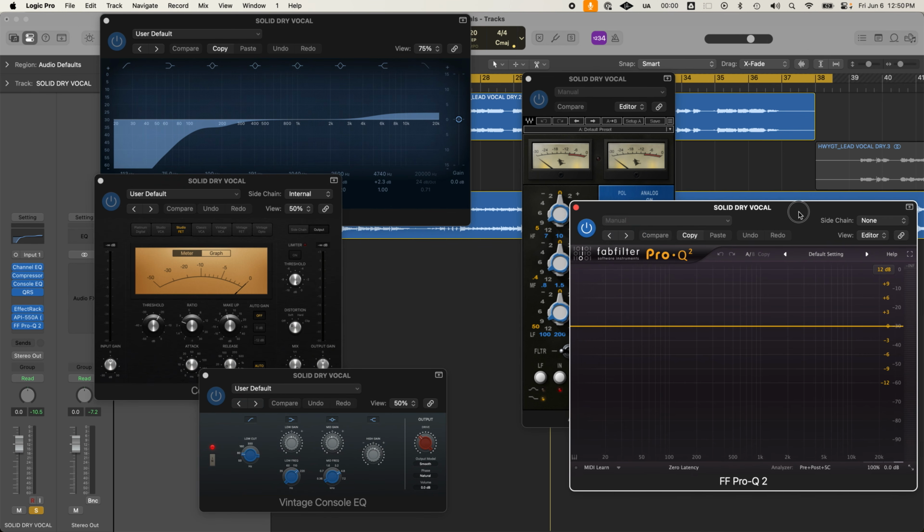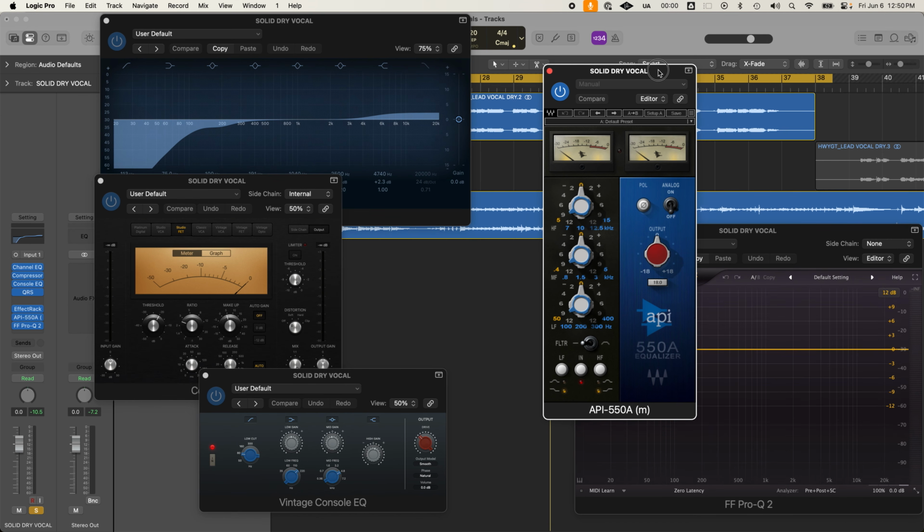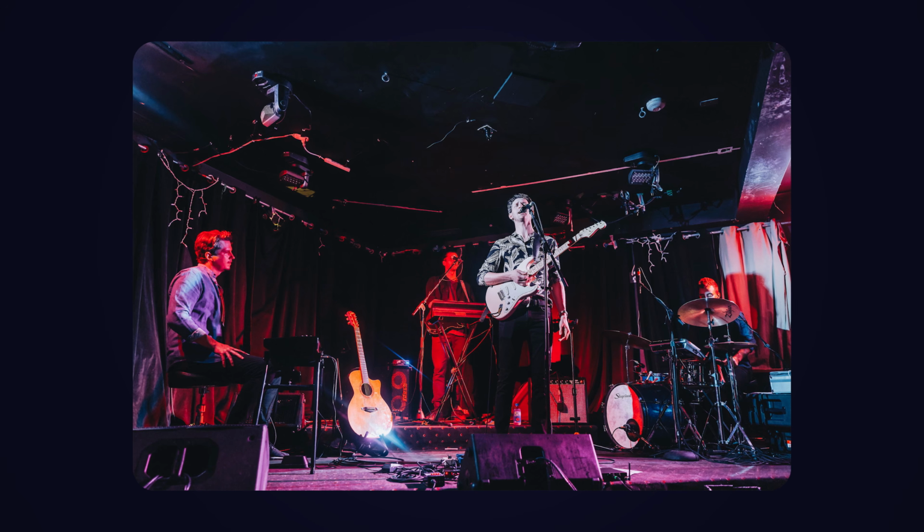When it comes to the fundamental plugins, the stock ones in Logic work great, but as you develop your taste and your style, you're going to want to explore paid plugins too to push your creativity even further. So whether you use stock plugins or paid plugins, none of it really matters without a great vocal